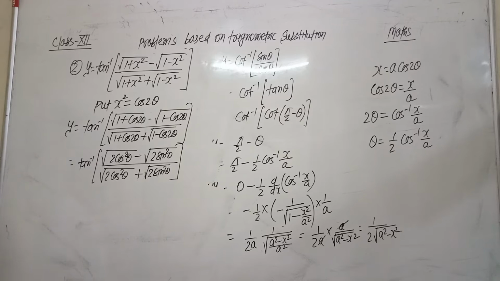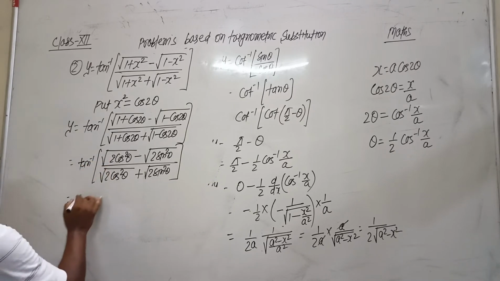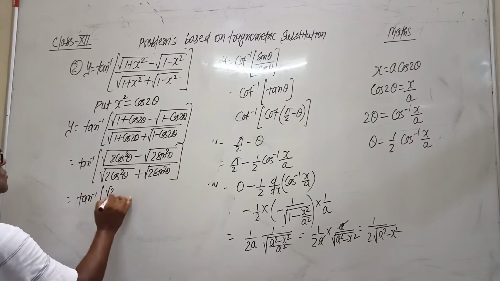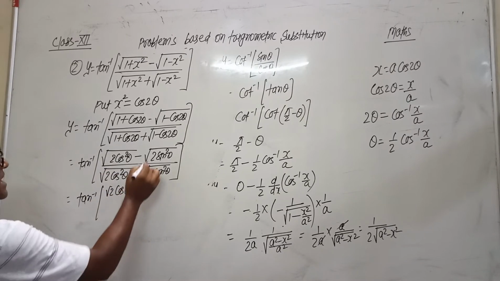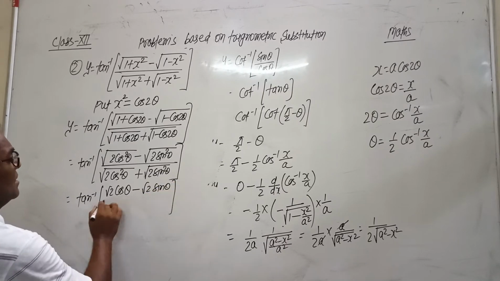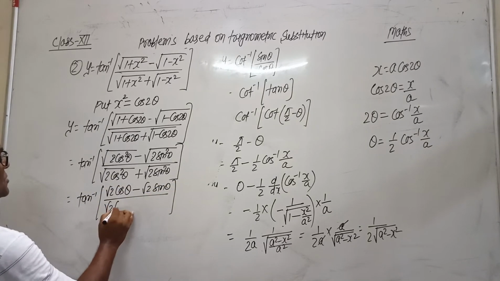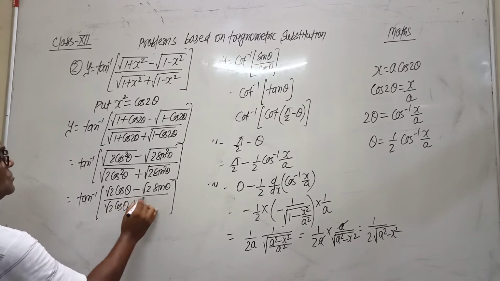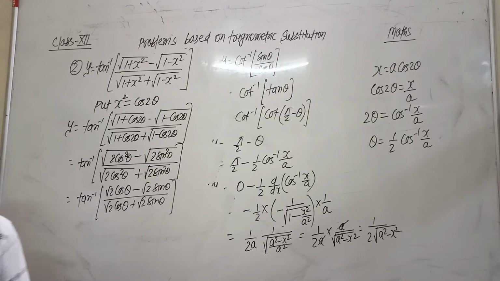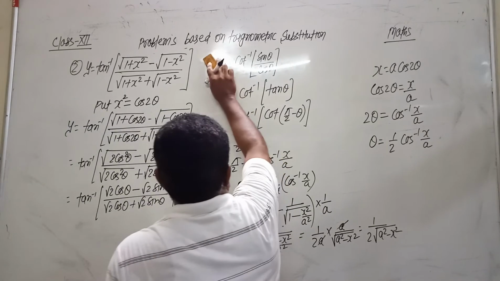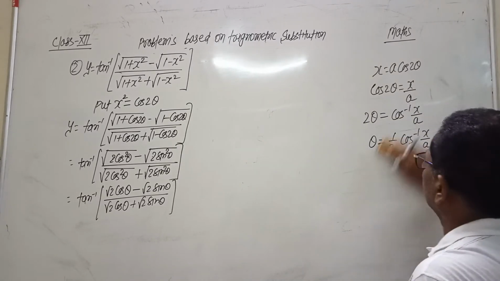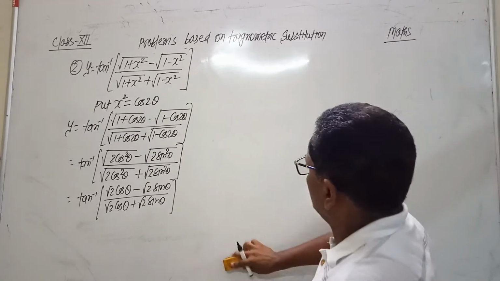So from numerator and denominator, it gives root 2 cos theta minus root 2 sin theta upon root 2 cos theta plus root 2 sin theta, because square and square root get cancelled in numerator and denominator. So we get